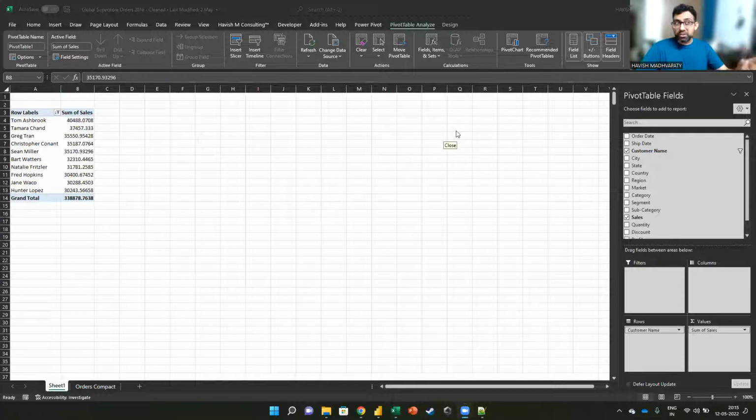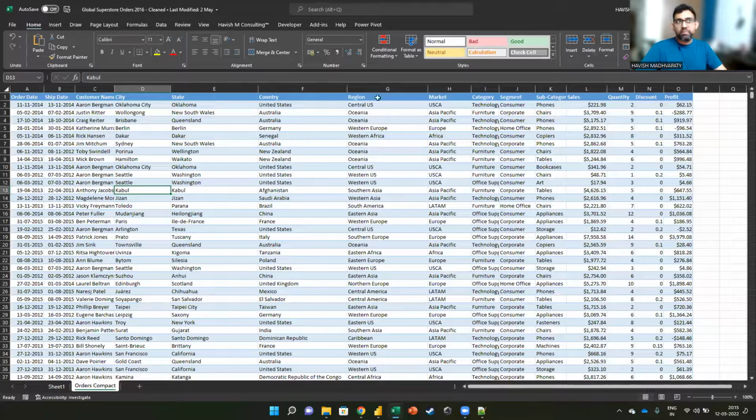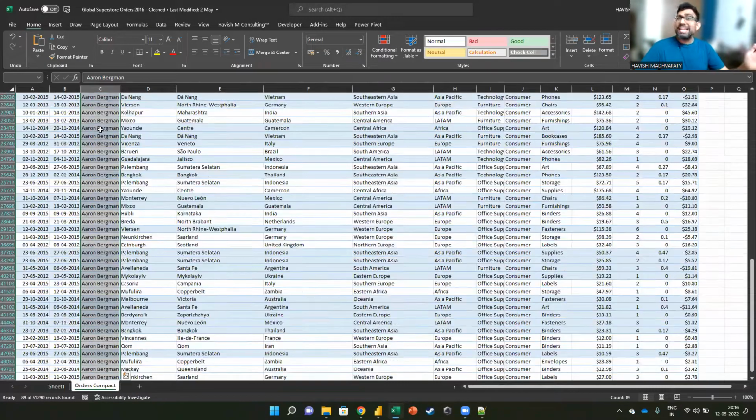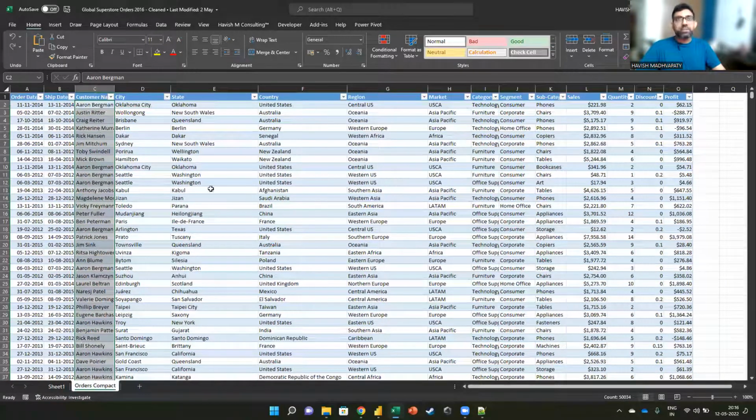Mridul, we can't do conditional formatting because remember, we first have to aggregate the data also. Remember, one customer, Aaron Bergman, is not making one transaction. Aaron, if you notice, is making, look at this, Aaron is making 89 transactions. So I can't do conditional formatting because conditional formatting will not tell me who's the top customer. It will only tell me the value of the maximum transaction. Hope that makes sense, right? But that's not really what we want.